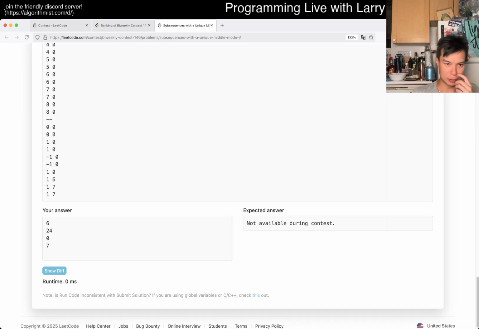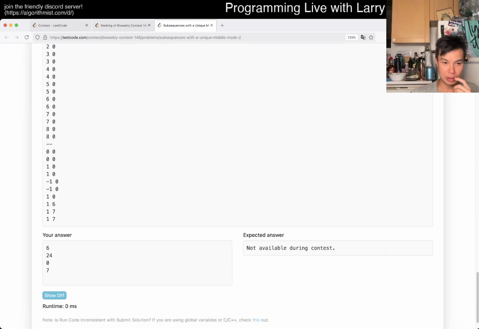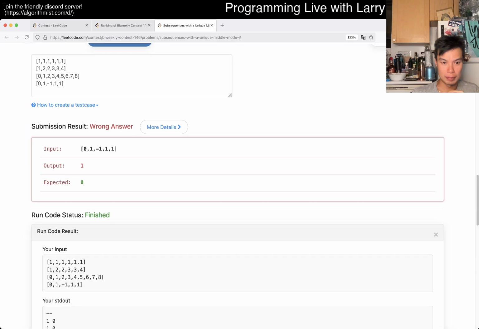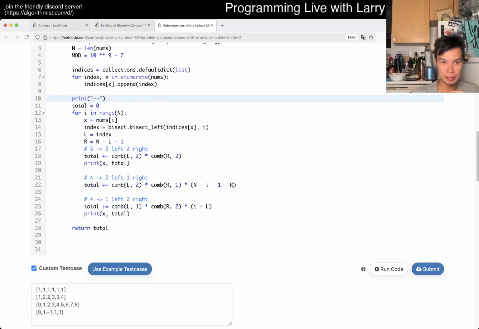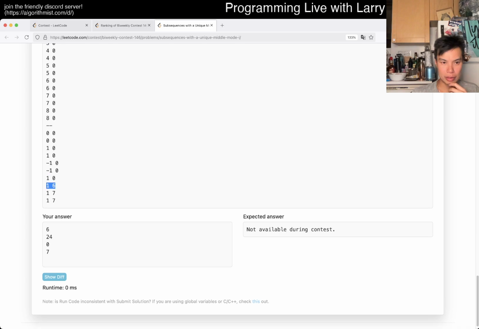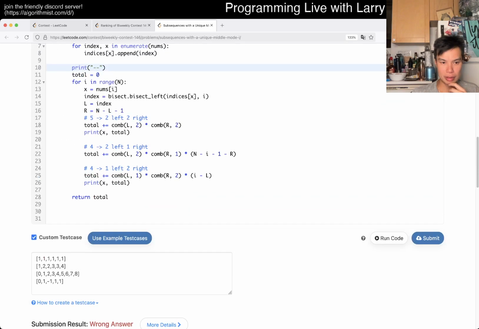I thought it was case enumeration, but yeah. Okay, so it's the 4s that are